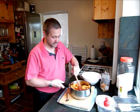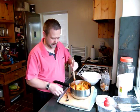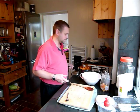Just mix that in, give them a final mix there. Now that's going to go on the heat, as low heat as possible. When I put it on, bring them up to the simmer. They should just boil down and become lovely and soft. Once they become soft, leave them to simmer away for about 5 minutes, just to pull all that